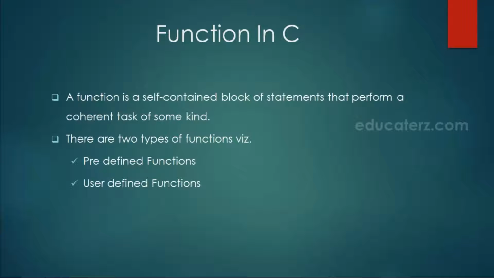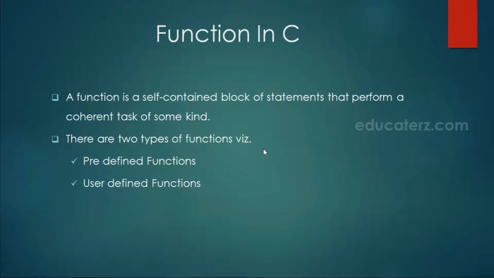For example, if I want to calculate simple interest of a bank, then for that I can write a separate function. If I want the square of a particular number, then instead of writing the whole formula and getting values for the parameters, we can separately write a function and then just call the function in another function.